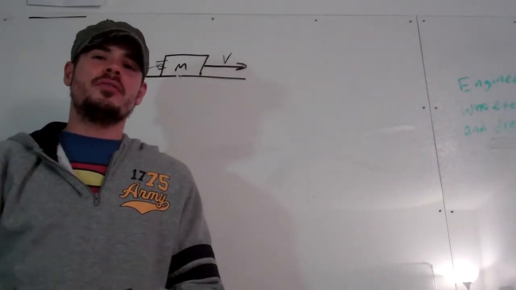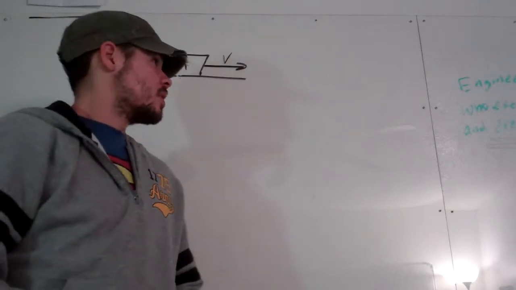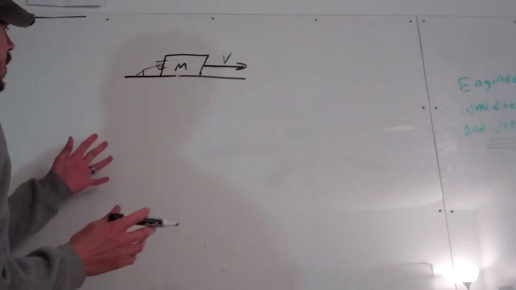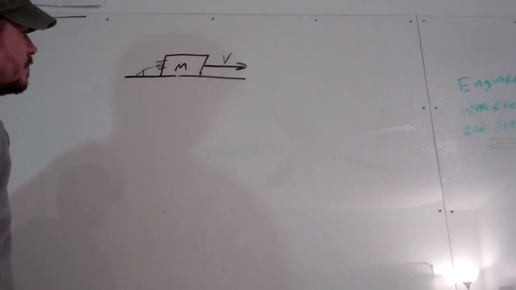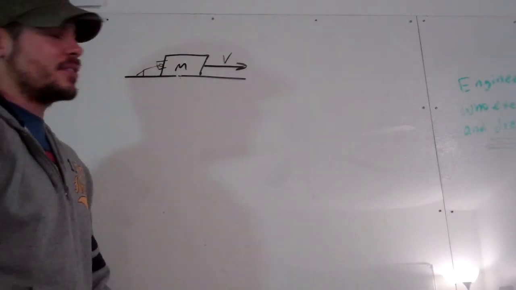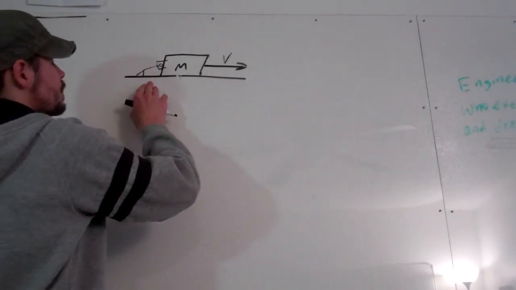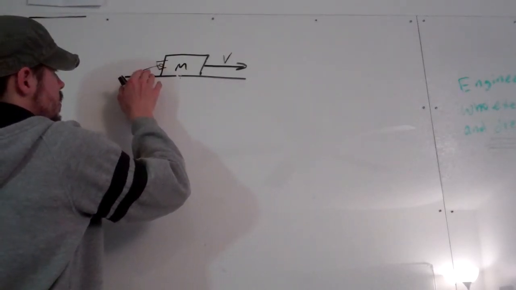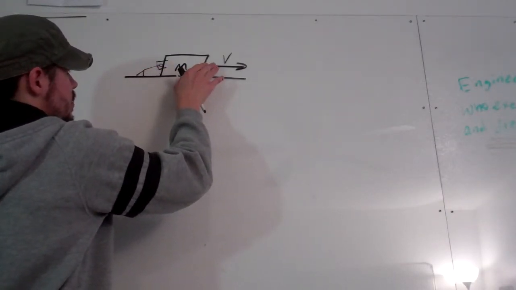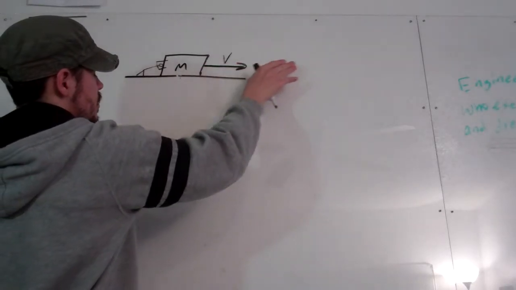Today I'm going to go over Newton's second law. So let's look at a problem. Suppose you have a worker, maybe somebody that moves boxes, in this case somebody at FedEx or USPS or something. This guy decides to move this box with the mass, and there's this velocity that goes over here to the right,